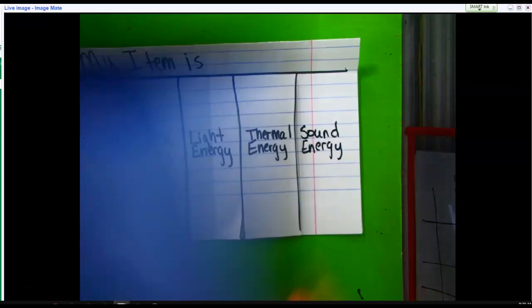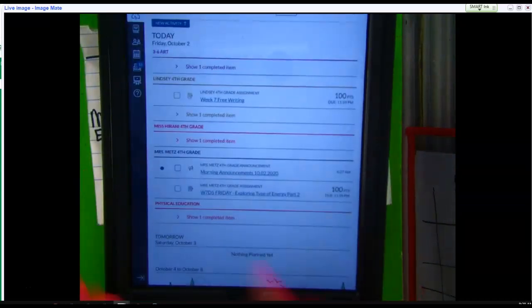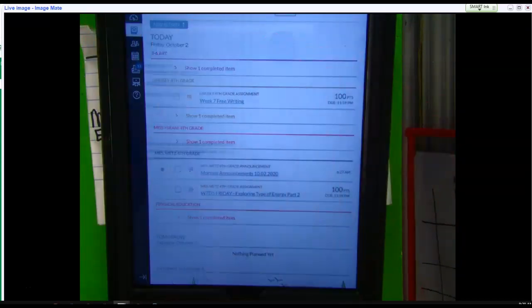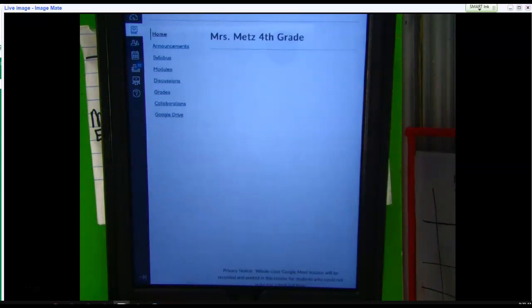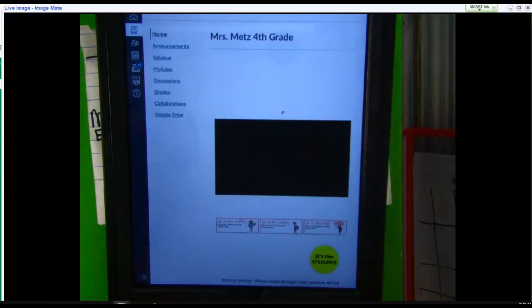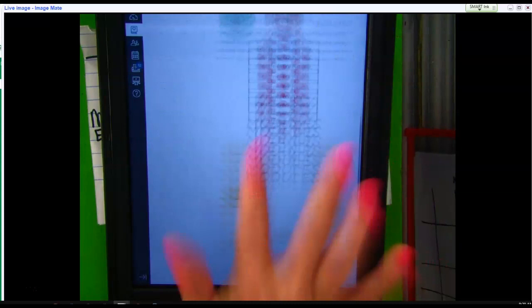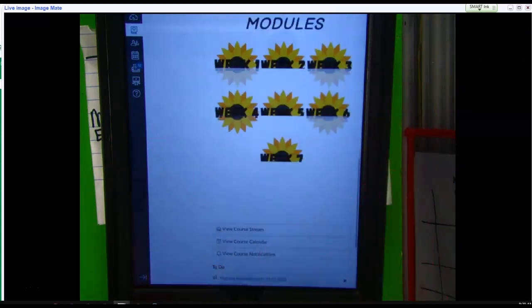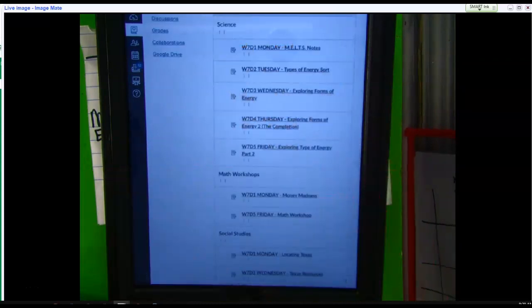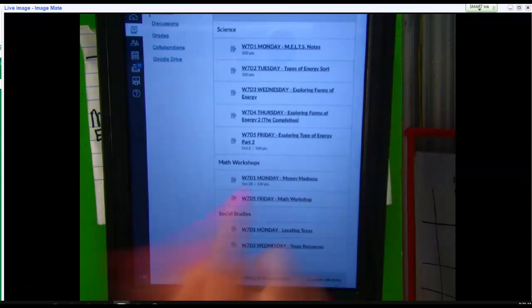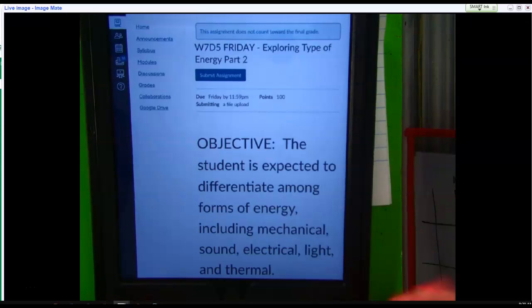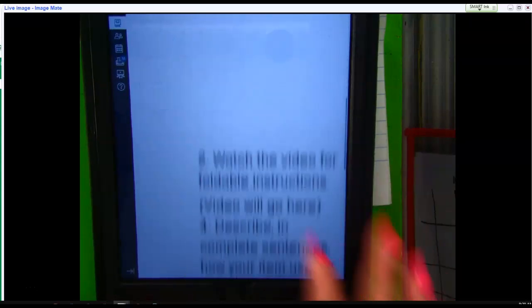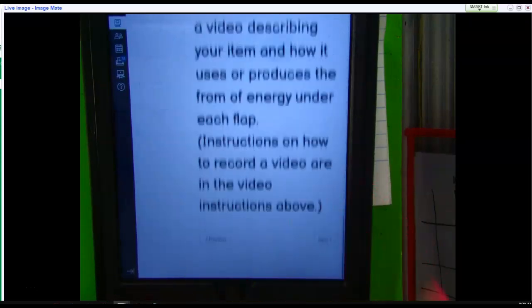All right, so I'm getting into Canvas right now. I am going to go to Courses, Mrs. Metz, because that's whose class this is. Please remain on mute. Go down to week 7. This is Friday, day 5, so I'm going to click on day 5. And I don't know if it's going to look the same, but when you go down here to submit,